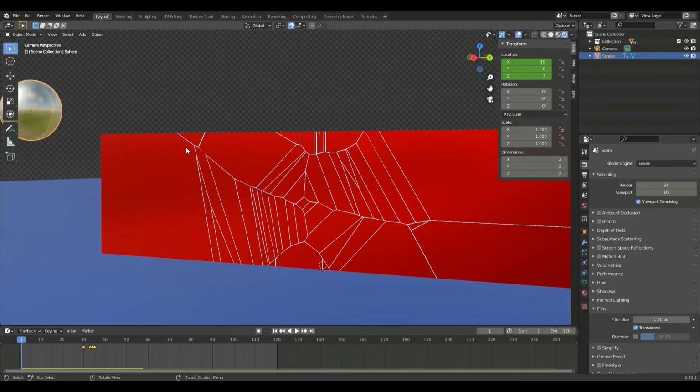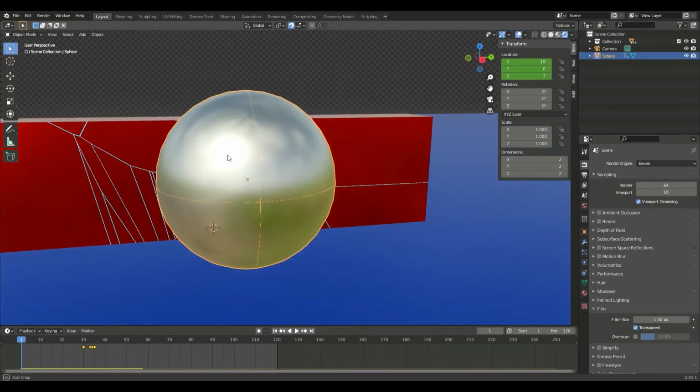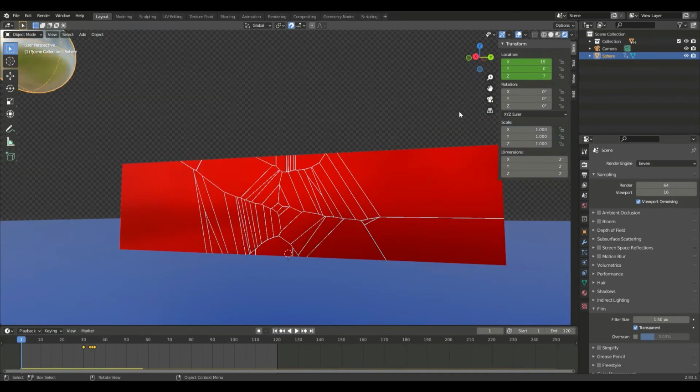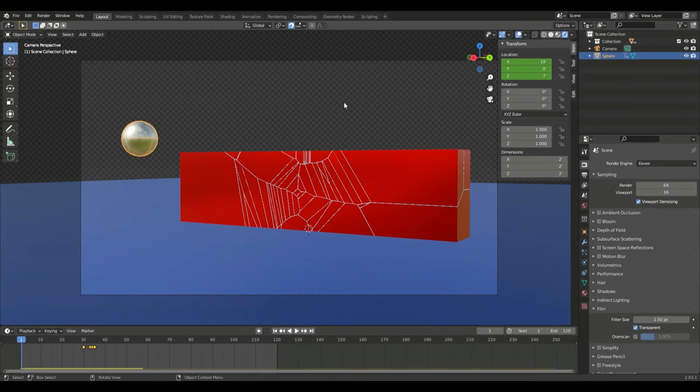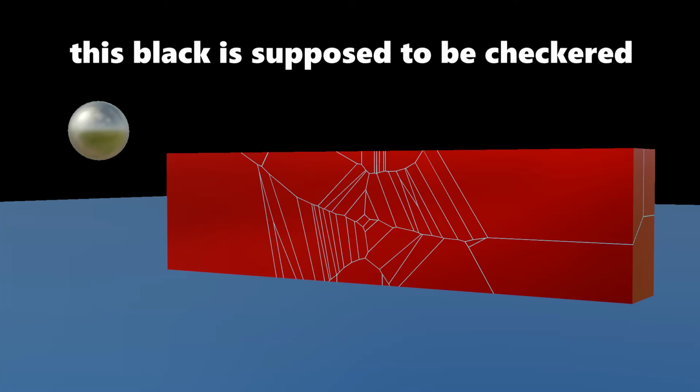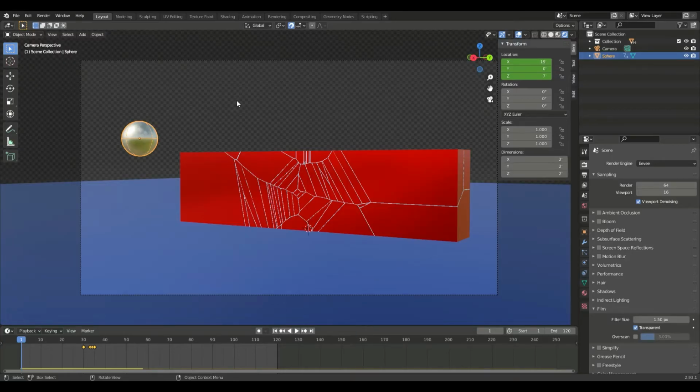So now our ball is reflective, and it's reflecting the scene, but it's also not showing the scene behind us, so that's good. And so now when we render it out, it's going to look different. It's going to have the transparent background in it. We still don't want that, and there's a few things we can do.